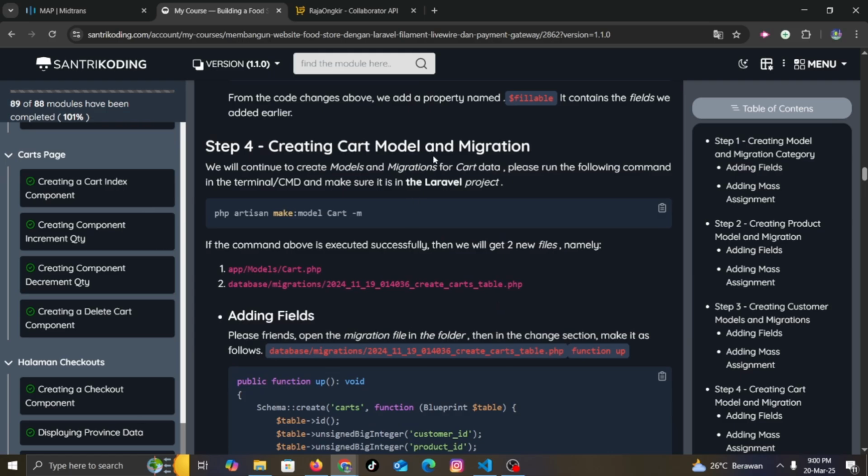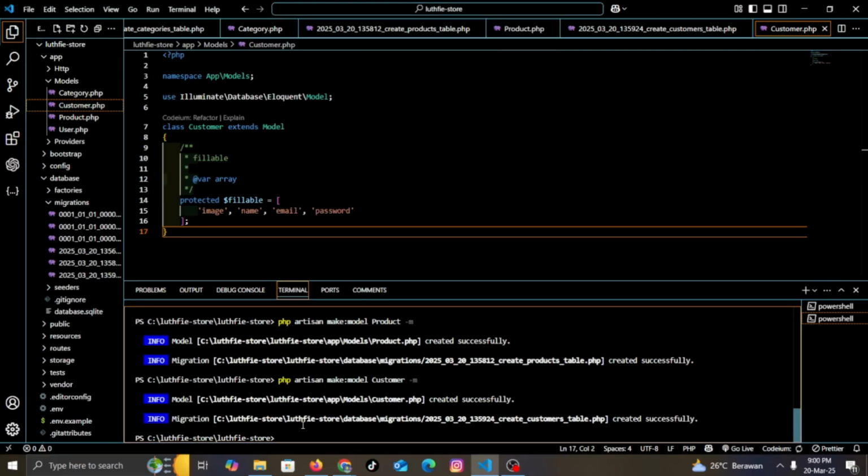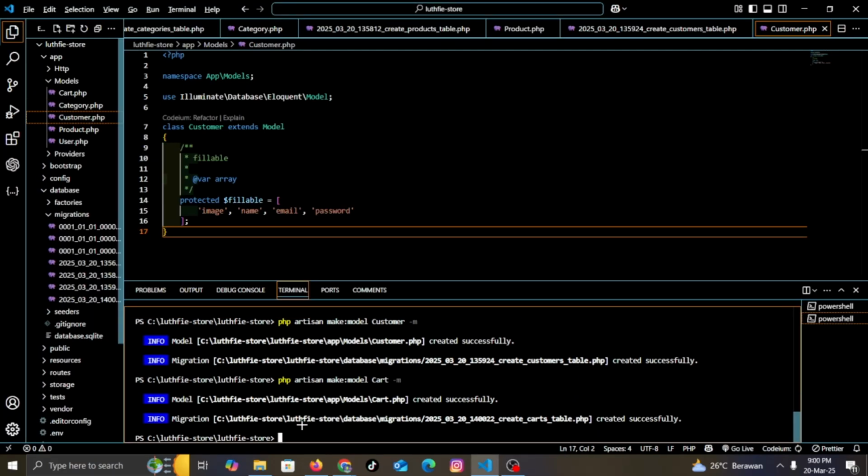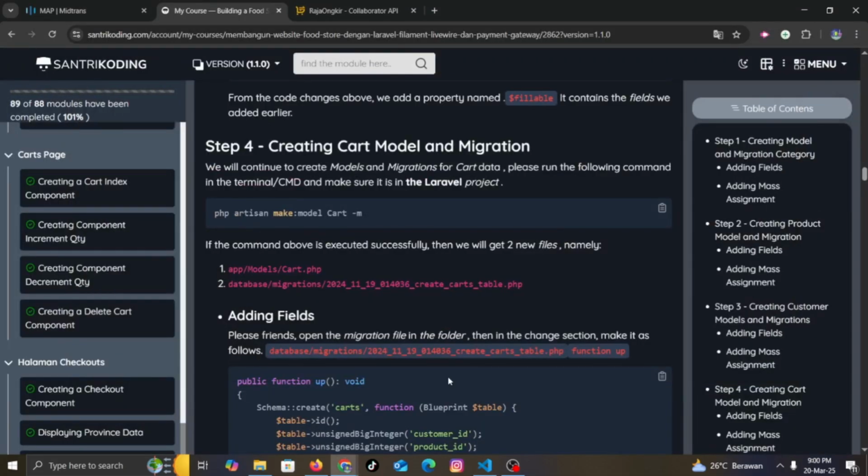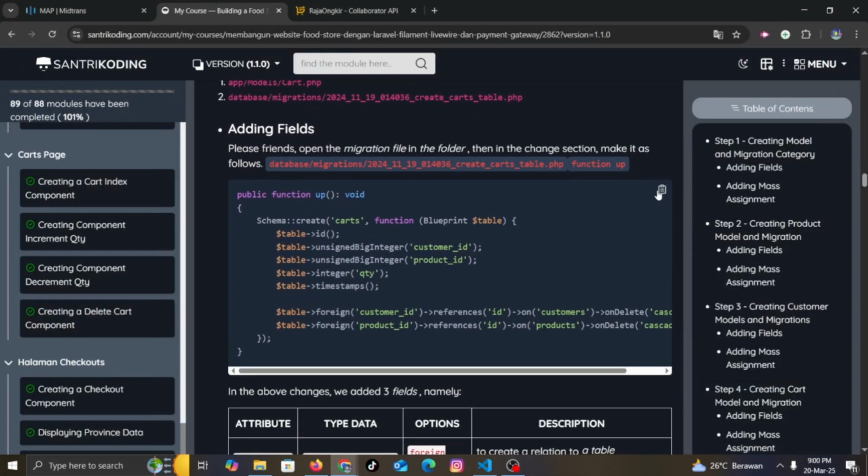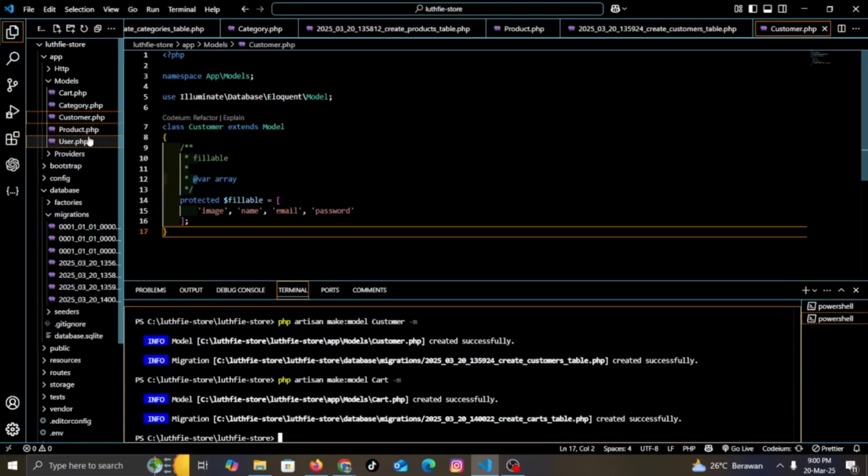Creating cart model and migration. Then code public function up.